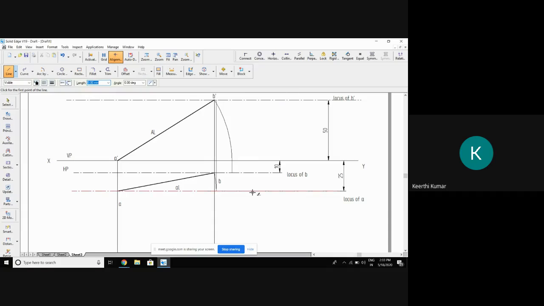If I join those arcs, definitely you'll get the true length. I'll show you. Length of the true line in both the cases, both VP and HP, should be same. Correct? See now, A dash to the end of this line. End of this line and A dash. This line is called true length. This line is called true line. I will measure and I'll show you. Smart dimension. It is 95.36. Other side also it's supposed to be 95.36.